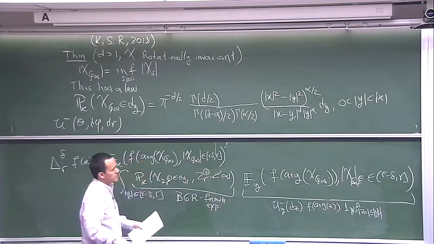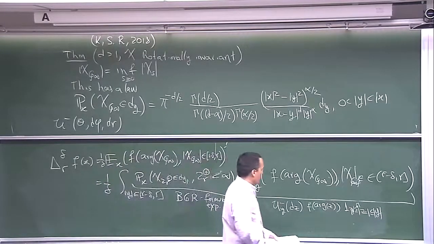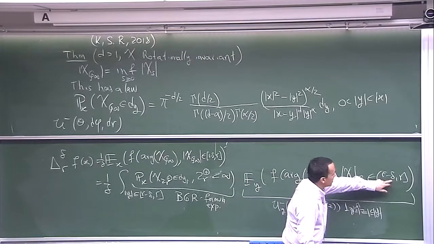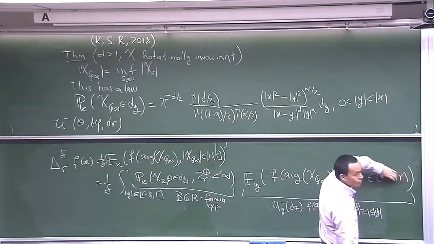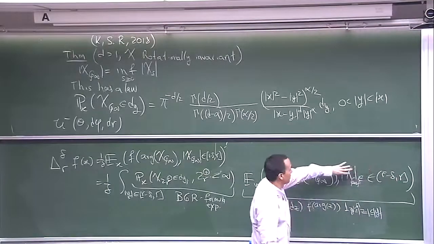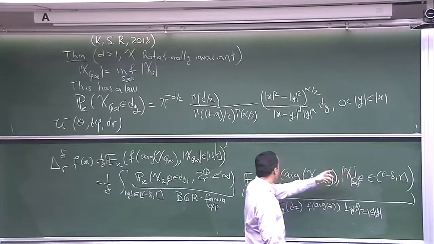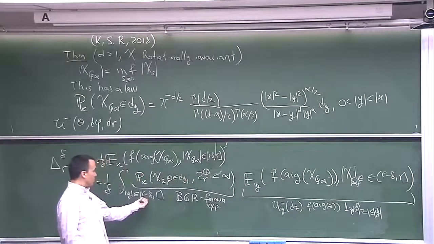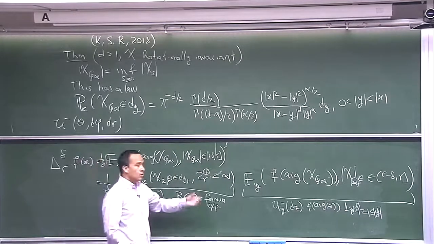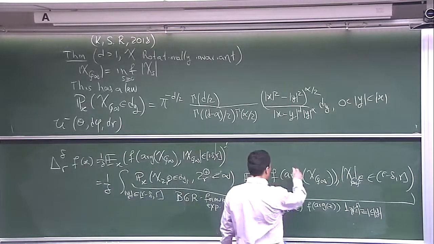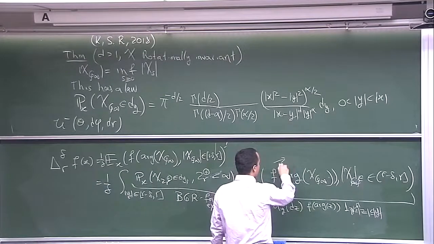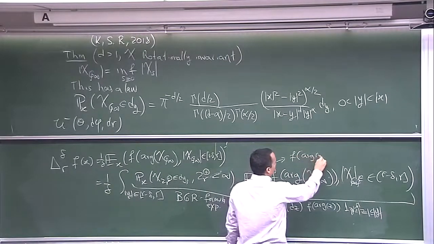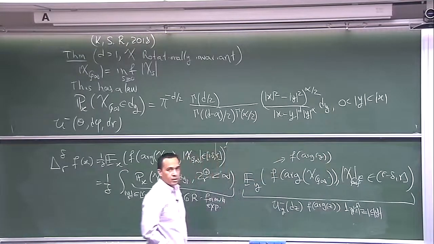And then when we take delta going to 0, this term is going to r. Okay, so this will be essentially r. Okay, but this guy also is going to r. Okay, so eventually this guy here, when we make delta go to 0, this will go to f of the argument of y. Okay,